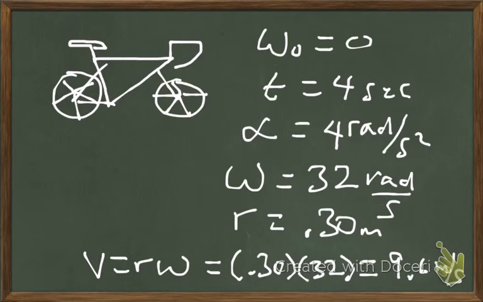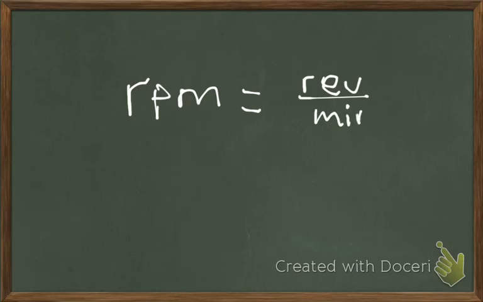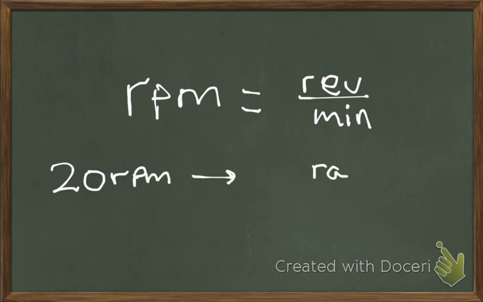One more thing that I want to do is talk about what RPM means. Because you're going to see this in a couple of word problems, and you may not really know what this means. Well, it's just revolutions per minute. So the tricky part that you'll have to figure out is, let's say we have an example of 20 RPM, and I want to know what that is in radians per second so that I can plug it into my equations. Well, this is just going to be 20